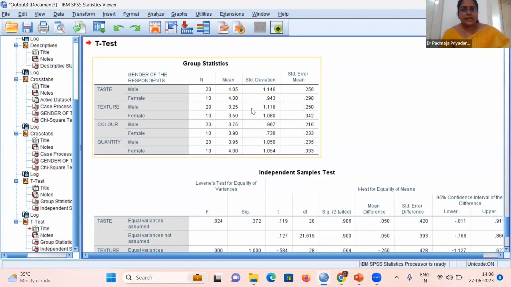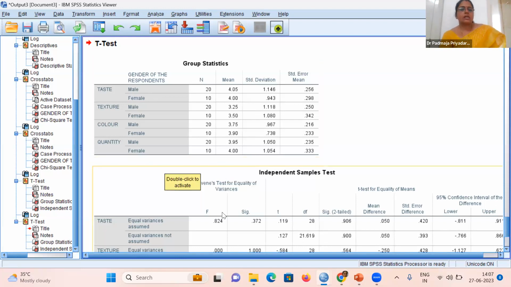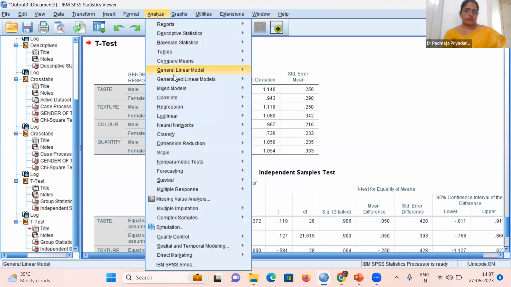So, independent sample t-test is used when there are only two subcategories, here male and female. When there are only two subcategories, to find out the variation, we use independent sample t-test. Now, what happens for